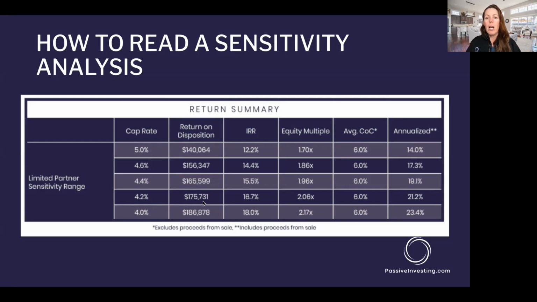Okay. So essentially, we're looking here, the investor, if the market stayed the same, the cap rate did not change. Okay. We'd be getting a 2.06 equity multiple. All right. Now, if the market got better, we'd get a higher multiple on our money. Yay. We're all happy if the cap rate compresses in the market during our hold. But if the cap rate expands during the hold, okay, if we can no longer sell it for a 4.2% cap, but we have to sell it at a 5 cap,